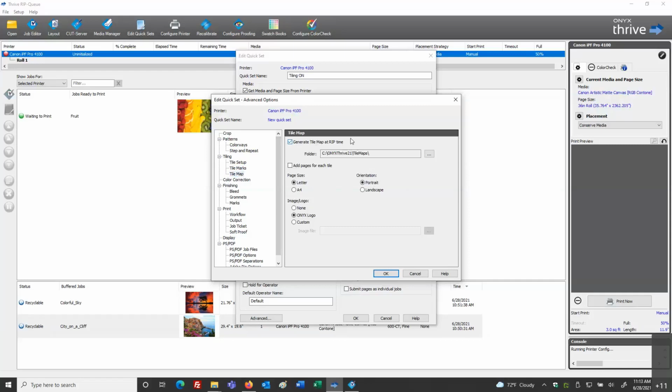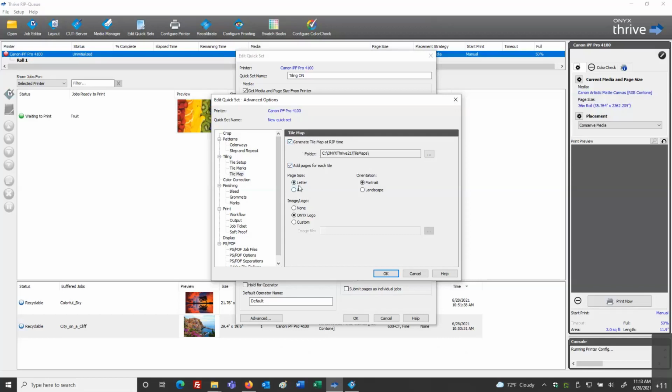It'll be a PDF file that's going to show us all of the tile panels. It's going to give us our dimensions and the information for each tile panel. So we're going to take a look at this, and I'll show you what this is in more detail as we run through this job. I'm going to add pages for each tile. I want every tile panel to have its own page in this PDF tile map.